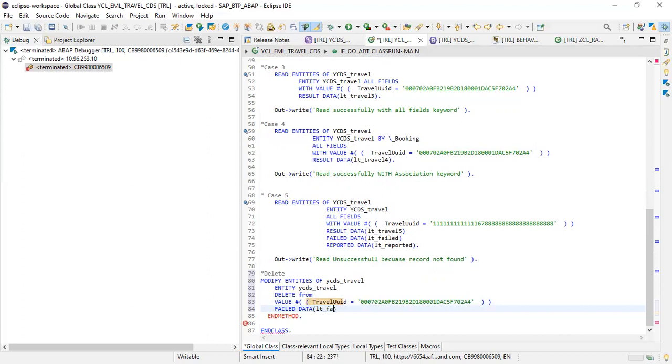This will capture the field record. If we are not able to delete the particular entry, particular record, in that case this table will be filled, as I showed here with read entity. Okay, so the same will happen here. Then put reported data. This will capture the